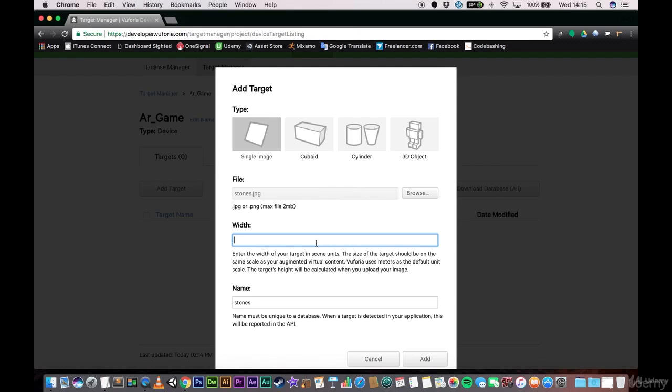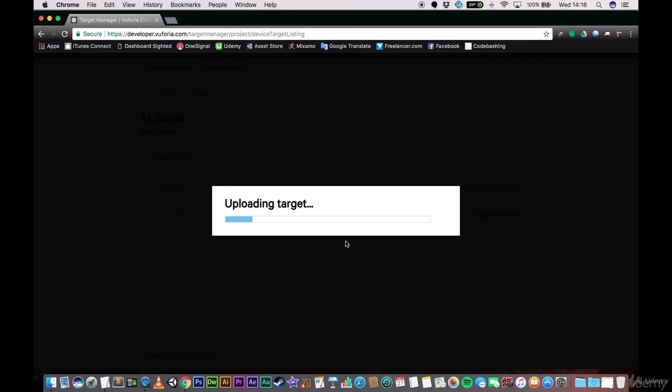Now that's a little bit small for what we want to do, but we don't want it to be huge either. So a nice number, what I found, is either 4 or 6. It's up to you guys. Just don't make it higher than 10. Sometimes it's a little bit problematic for the app to run correctly from personal experience. Anyway, I'm going to add this target,